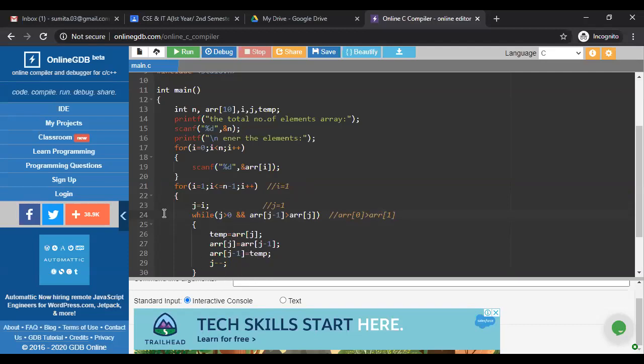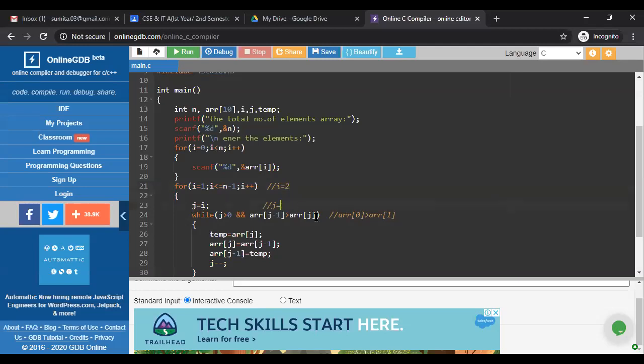So it will just move on to the second iteration, where i is incremented by 1 because i plus plus is there. So now for the second time my loop is executed where i is equal to 2. So if i is equal to 2, again the compiler executes this line and initializes j with i.